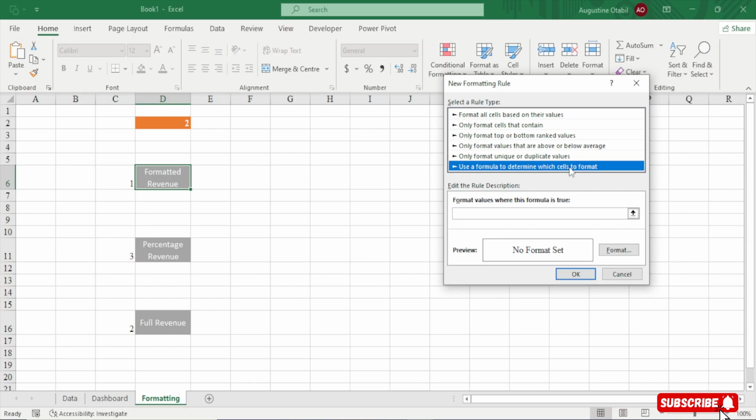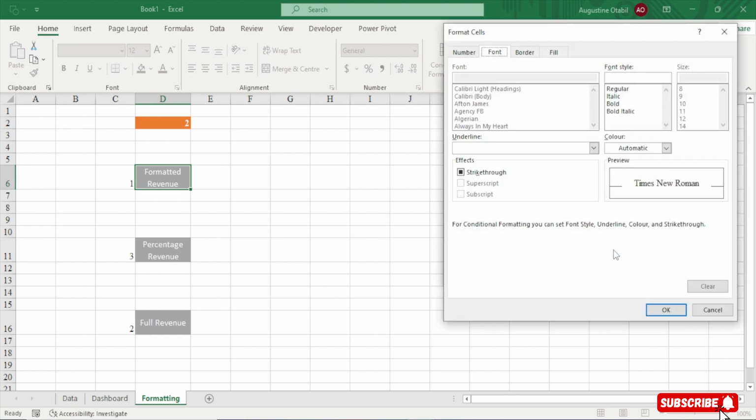So I'll select this one. And then I'll say if this number here is equal to, let me start with 1, right? If it is equal to 1, then we are going to format it. We are going to see the font color.